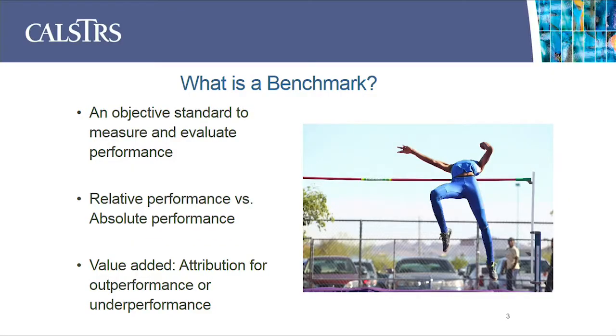I wanted to show the picture of the high jumper. I was going to say hurdler. The high jumper shows you that in setting the benchmark, we need to set a reasonable benchmark. Let's say, for example, that the benchmark is too low, that's poor alignment with our manager. The manager is earning fees on something that would be easy for him to do, right? But if we set the benchmark too high, the manager might act in a way that is riskier than he normally would just in order to jump higher. And the high jumper would maybe change his technique in order to hurdle over that benchmark.